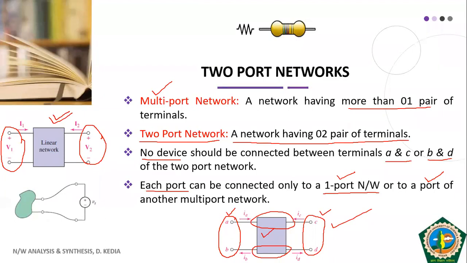Apart from the ports, your mobile phone, your CPU, your computer, or your laptop is a complete, independent device, or a kind of block, where you have been given some ports to connect. Otherwise you cannot change the configuration of your given device. So if you compare that analogy with your two port networks, I think things will be clear to all of you. Okay, so now we move forward.